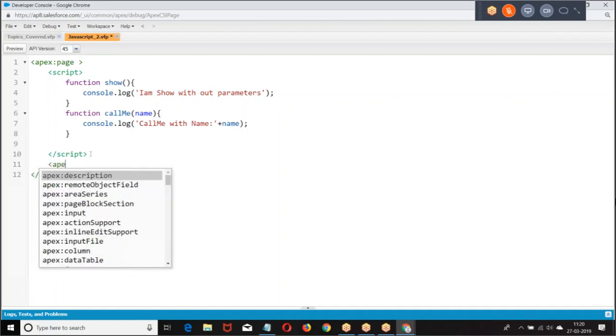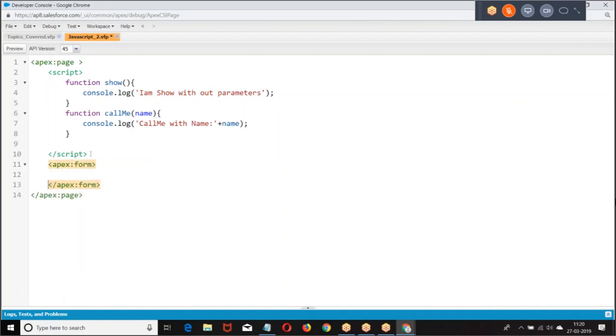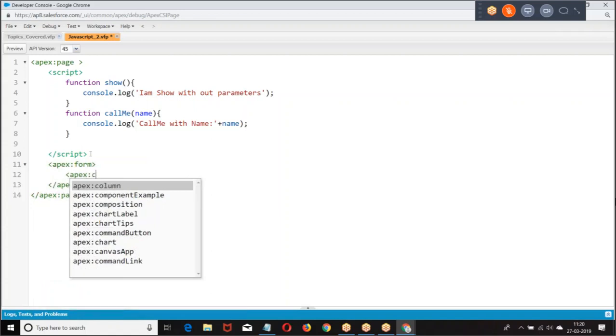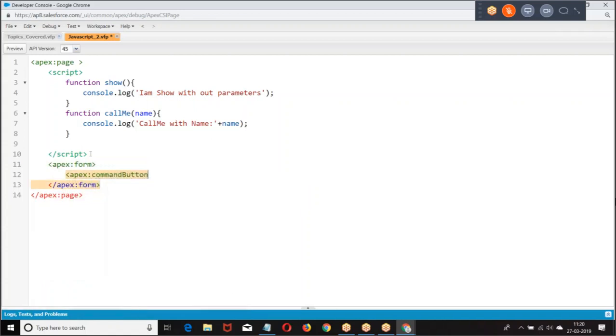Now how will the function be called? A function will be called when the event occurs.